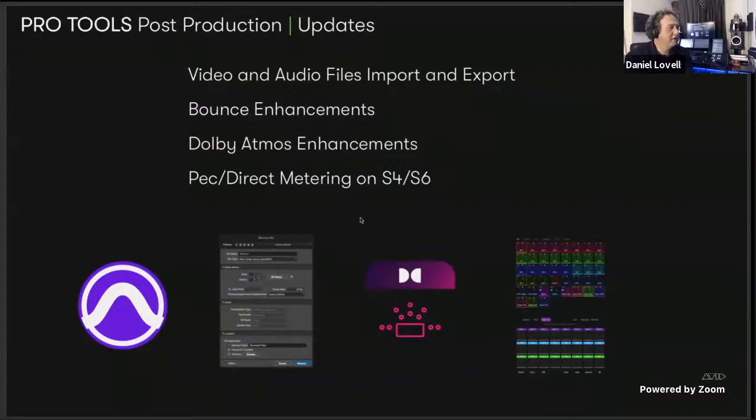Yep, I can see it. There are a few things that I want to go over that I'm sure are very important to people working in post. One of those is video and audio file import and export. The next is the bounce enhancements in the new bounce mix window. We've done quite a few Dolby Atmos enhancements over several versions of Pro Tools, but just want to catch up with those. And this last one, while we'll be pushing for time, I'd love to show it because this is